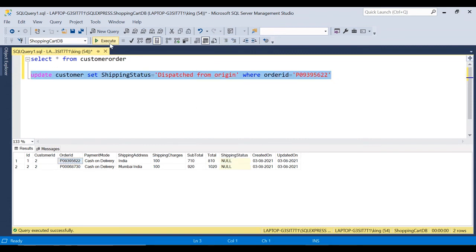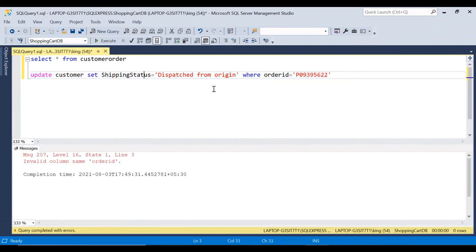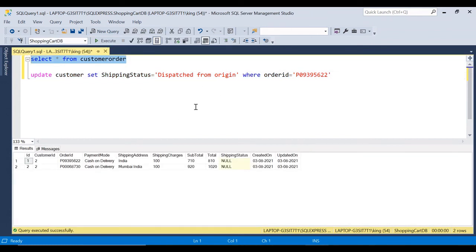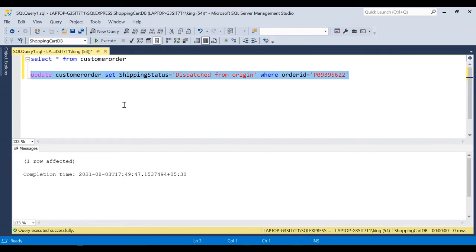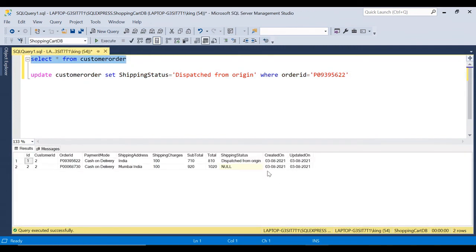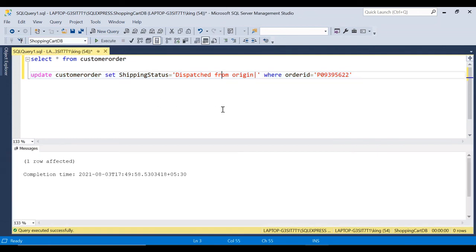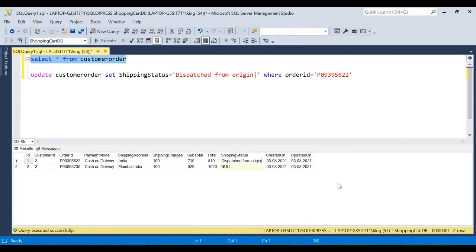So let me update it. Okay, let me see the update now. So here I have this one, and I think we have to add a pipe over here. Let me see the record. Okay, it's a pipe separated dispatched from origin.